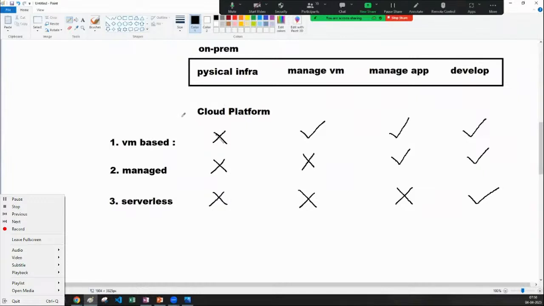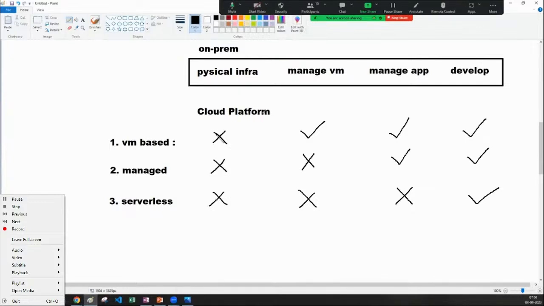Okay, that property will be that management of the virtual and physical infrastructure will be taken care of by the cloud platform. How, sir? We are already seeing some data centers, right? Google has its Google data center, Amazon has its Amazon data center, and that's where they are managing the physical infrastructure and